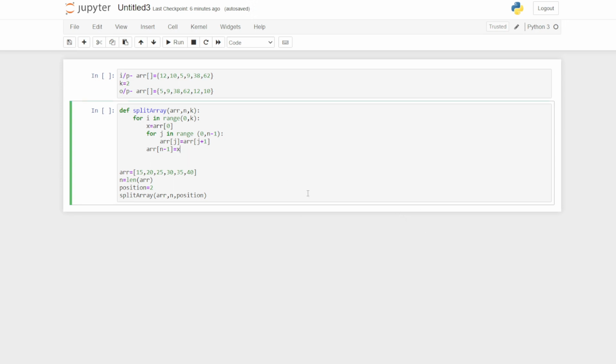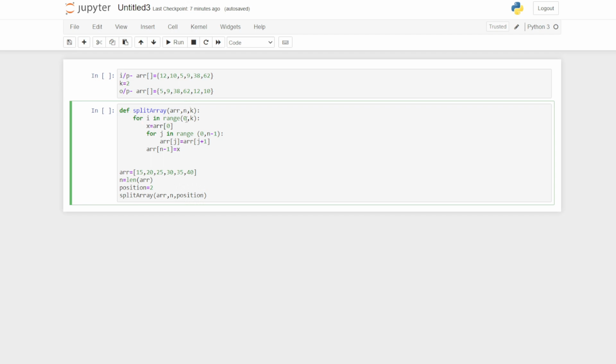Now let's take an overview of all that we have done. First we have created an array, then we have taken the length of the array in the n variable, then we have set the position where we have to cut the array, then we have called the function split array with the parameters array, the size of the array and the position where it needs to be cut. Inside the function we have taken inputs from the call.